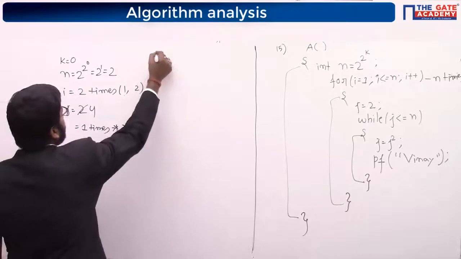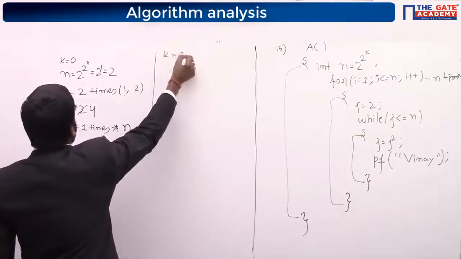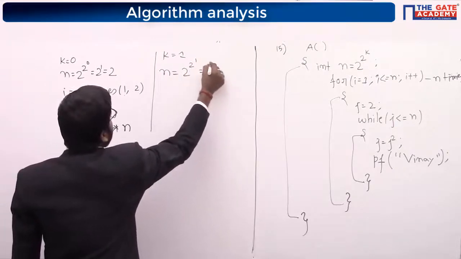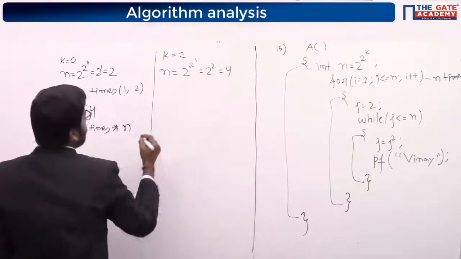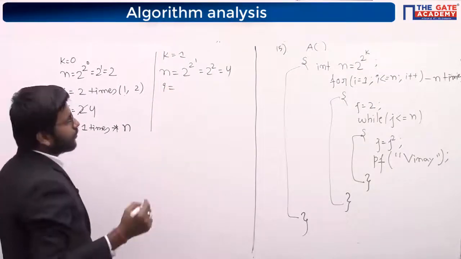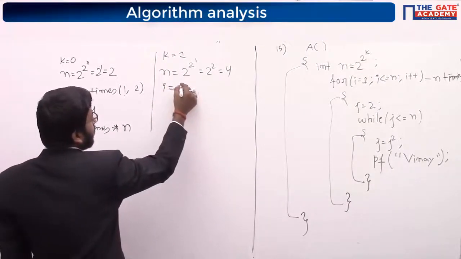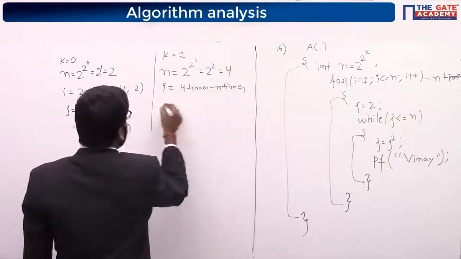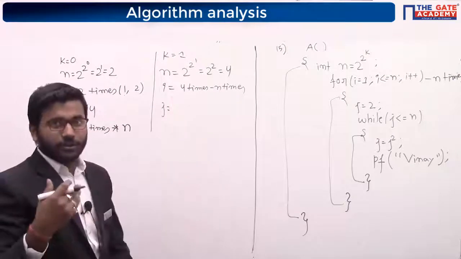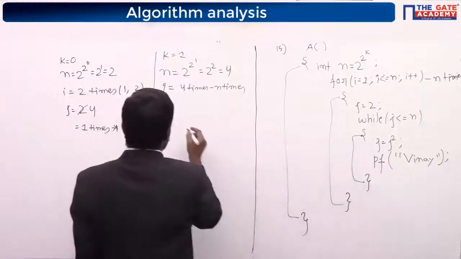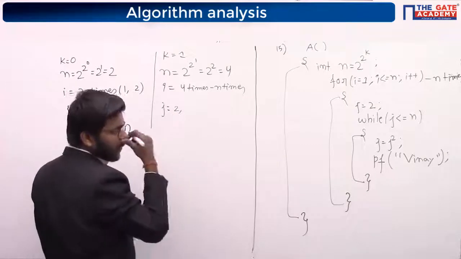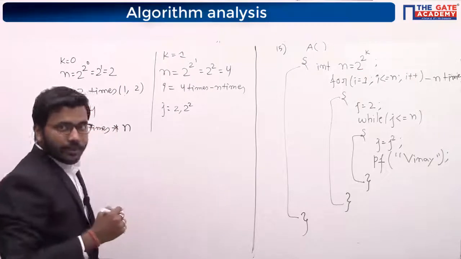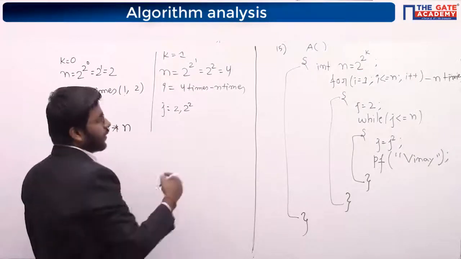So now when k is 1, n is 2 to the power 2^1, that is 2 to the 2, that is 4. So i is going to execute how many times? 4 times, that is n times. And for each value of i, for 1, 2, 3, 4, how many times is it going to execute? j is 2, 2 is smaller than 4, yeah, then j becomes 2 squared. 4 is smaller than n, yeah. So it printed,